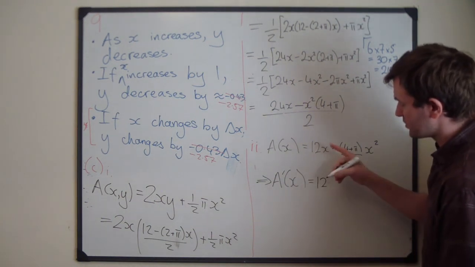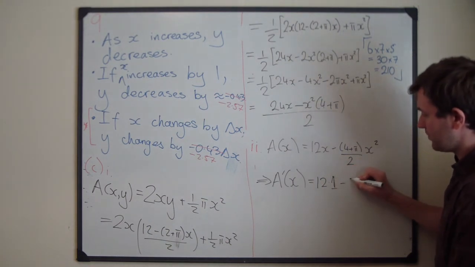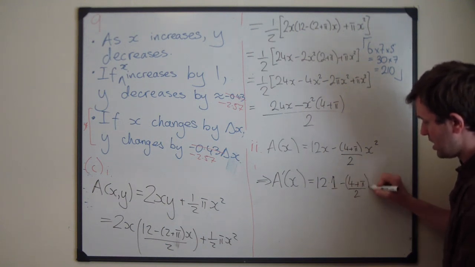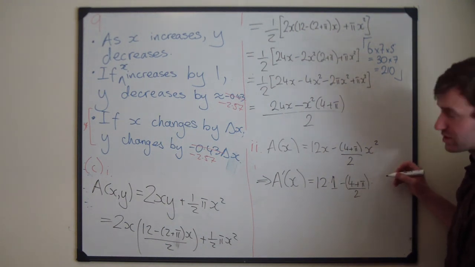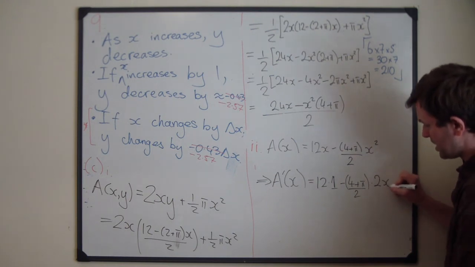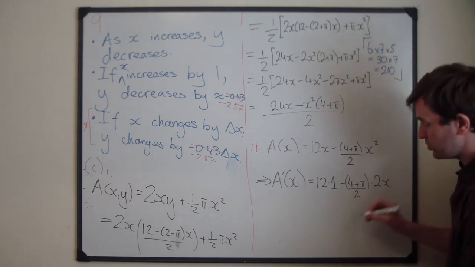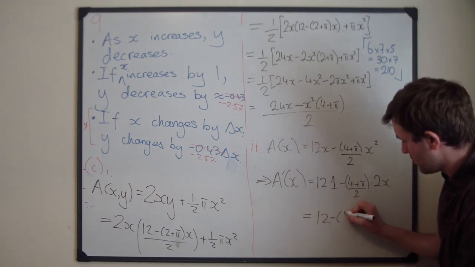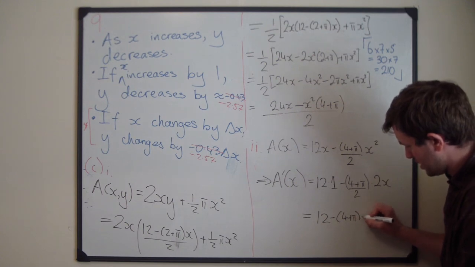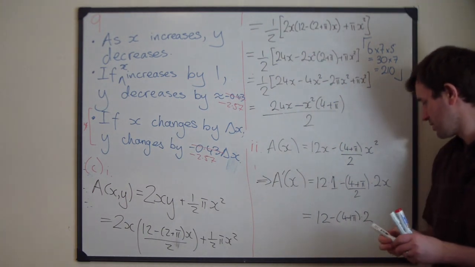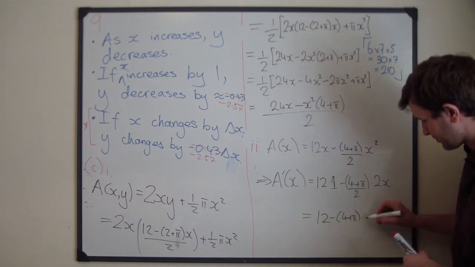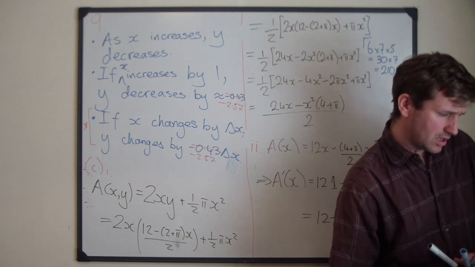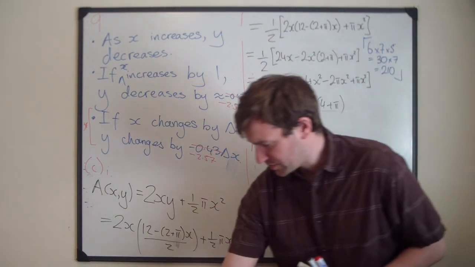What is the derivative of x with respect to x? It's 1. You can fix the minus 4 plus pi over 2. Then the derivative of x squared is 2x, and 2x divided by 2 is equal to x. 12 by 1 is 12, so I get 12 minus 4 plus pi, times x. Okay, and the question then becomes, find